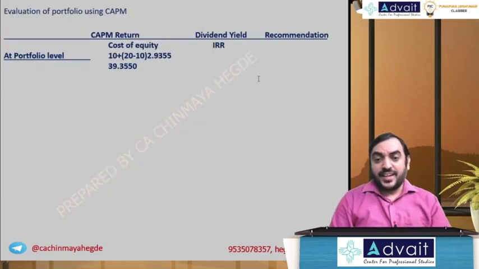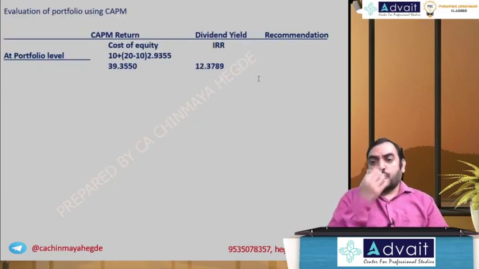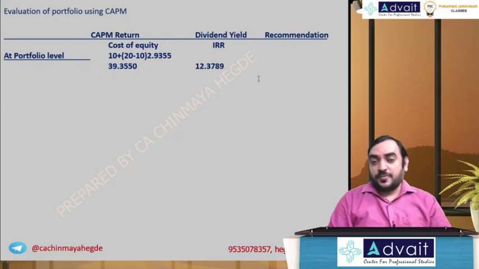Only 12.3789. So what do you think at a portfolio level? Is it giving the justified return? For the risk undertaken, it was supposed to give you 39% return, considering its risk. But how much is likely to give? Only 12.38%. So it's not providing enough return. So we say it requires